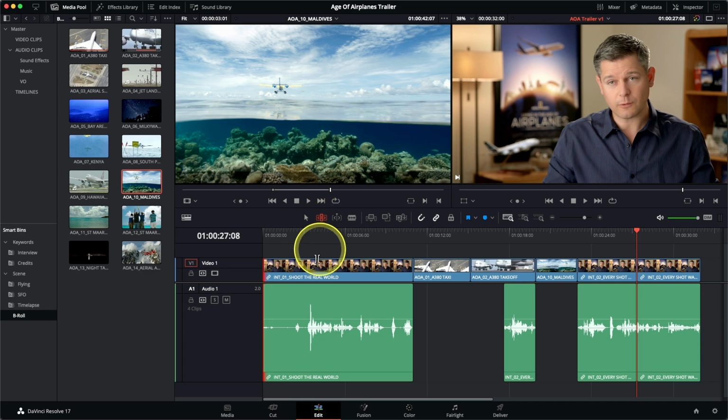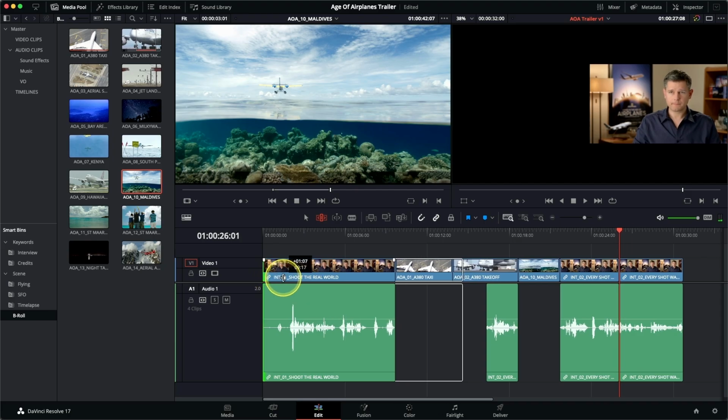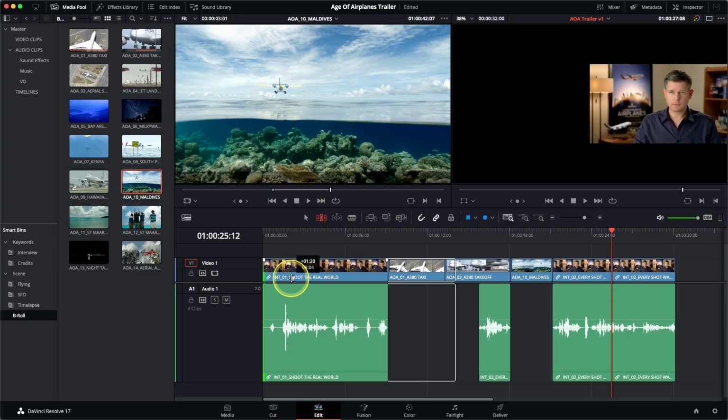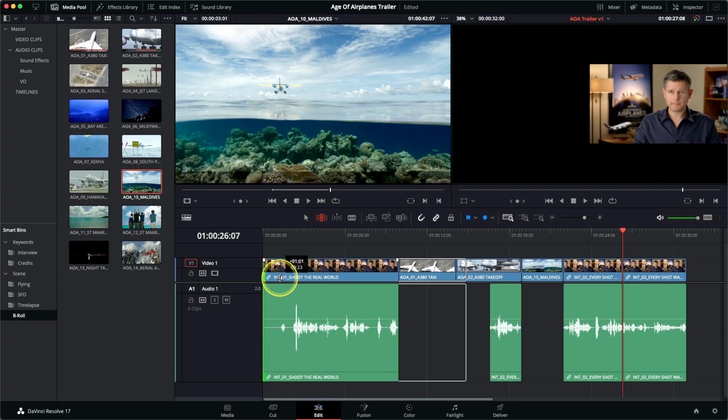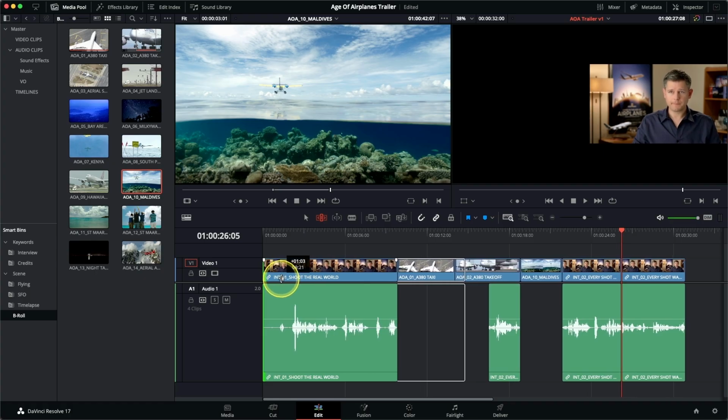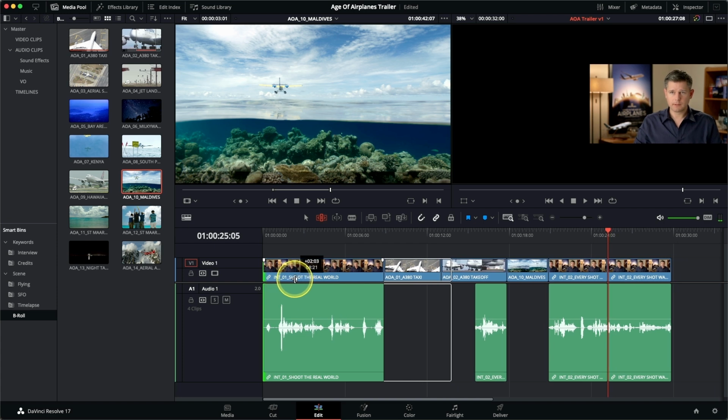And now when I go back into the timeline, I can click the same edit point and start to trim just by dragging the mouse to the right. As I do so, you can see that the rest of the timeline is changing. I'm rippling the rest of the timeline back, thereby shortening it by the amount that I'm trimming off the beginning of that clip. You can also see I can go the other way as well. I can add footage back to that clip if I need to. If I keep going,